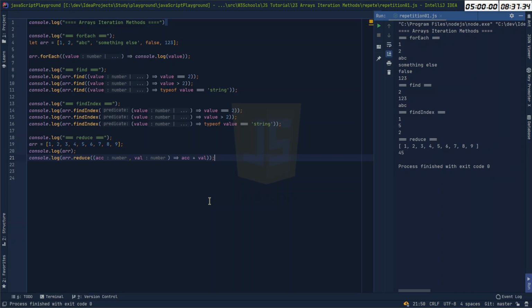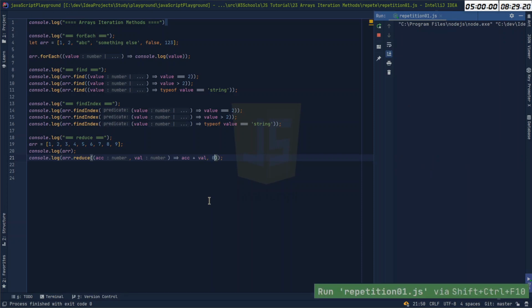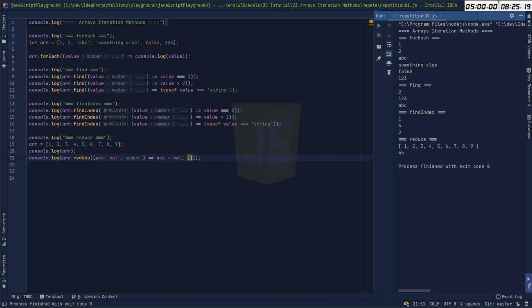Maybe I should do something else. But okay, I can provide an initial value like that, and when I run it, that will change nothing. But if I do array, and that will be this, and now suddenly I will have that,